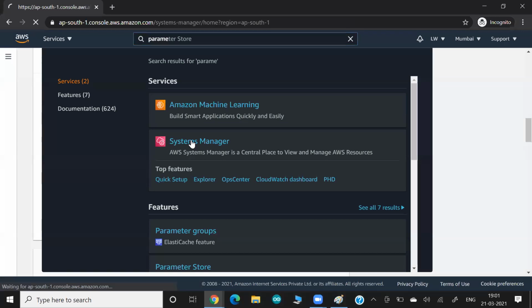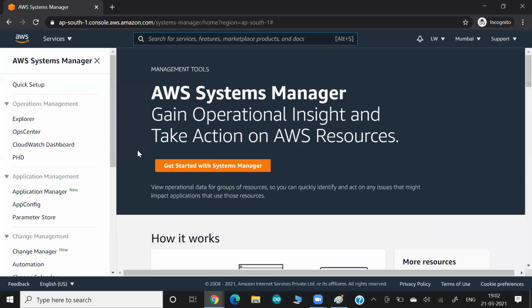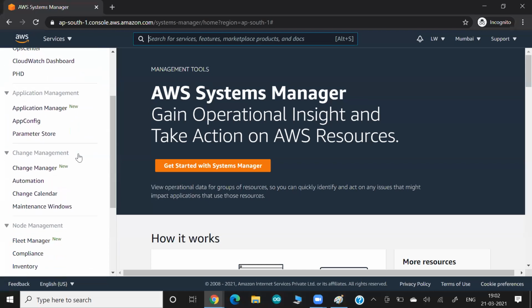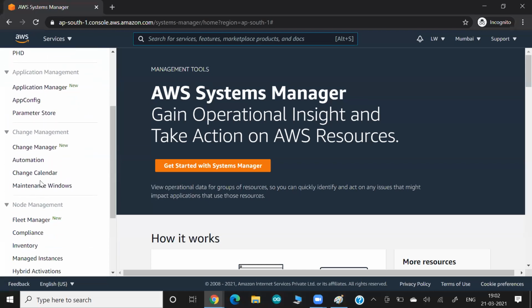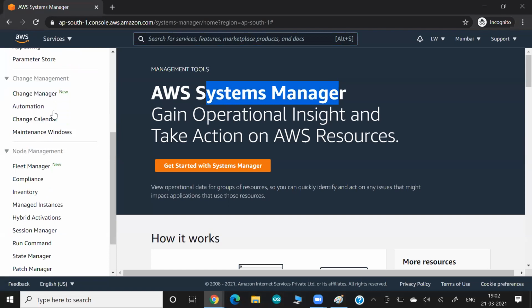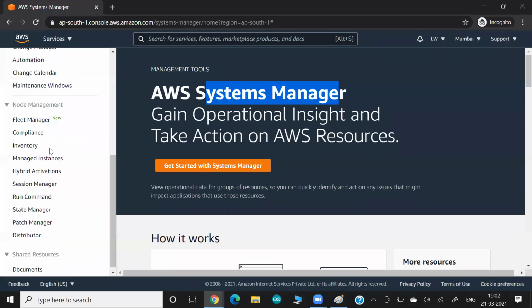Okay, so let me click this, Systems Manager. So you landed on this page. Maybe some more services we will discuss in the future. There are lots of very powerful, very interesting services, very much customized for a DevOps kind of environment. SSM is a very powerful service. I think it's Simple Systems Manager, the full form, I believe. But here I'm looking for a service called